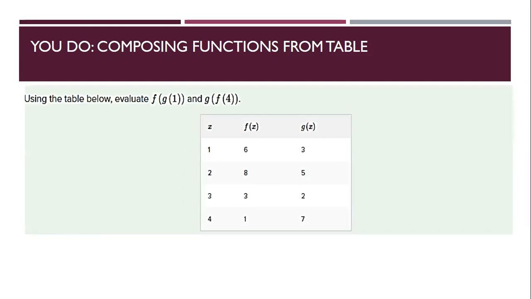Remember, your input is always your X. That initial value is always your X. So when I have F of G of 1, this is telling me I'm starting X at 1, but I'm going to which output? G. So when I go to 1, my output is going to be 3. Now I'm at F of 3. My input again is 3. So when I go to 3, this time I'm going to F, and its output is